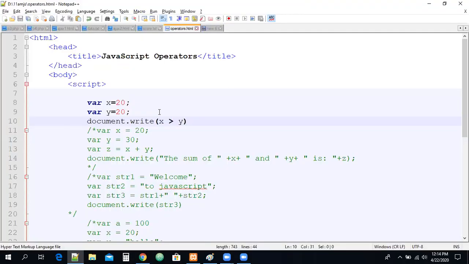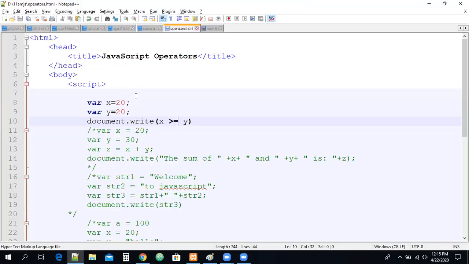Now you can write it. I'm writing the question, 20 is greater than or equal to 20. No, it is not. Both are equal. It is not greater than, it is not less than. Then you can write one more thing called greater than or equal to. Now, 20 is greater than or equal to 20. That is the meaning of it. Now you can check it. You will have something called true here. So in the same manner, we can use the less than operator also, right?